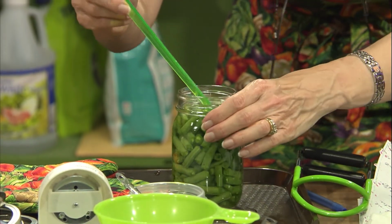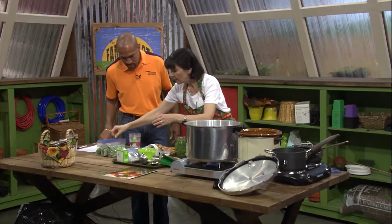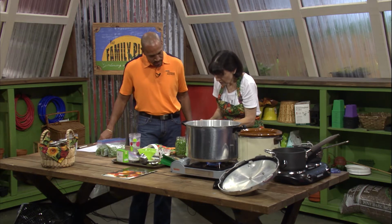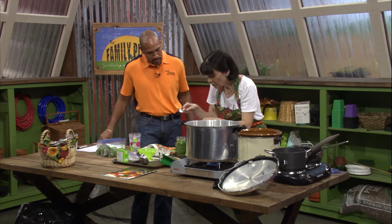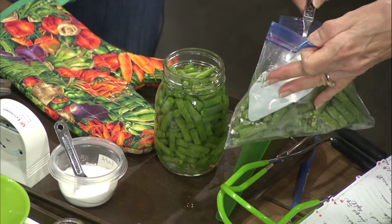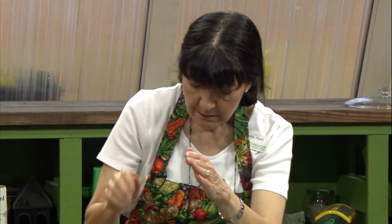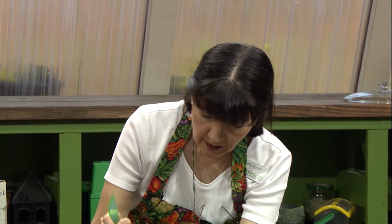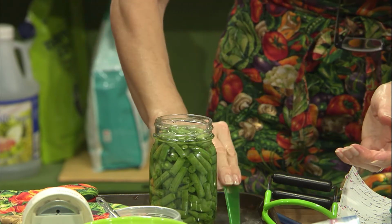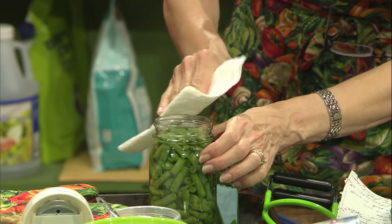Okay, let's see. I may be able to add a few more green beans in there, and I just happen to have some extra green beans. So we're going to put a few more green beans in there because you want to pack them down. Since you're doing pressure canning, what will ultimately happen when we take these out of the pressure canner, the green beans will rise to the top. And you might have 2 inches of water at the bottom, which is okay, but still you want it to